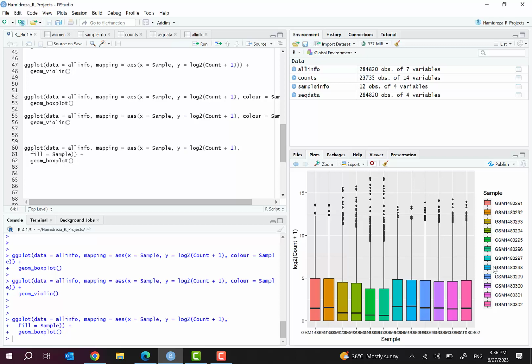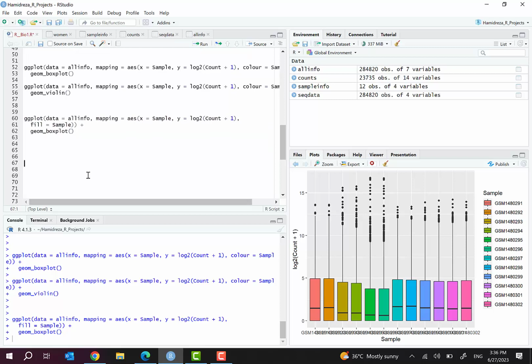Okay, so let me show you some other types of plots. We just introduced the box plot, but we can also have bar plots. Here we copy this. You remember that in the first item, the data, we had the AllInfo, and the mapping is the map of x and y, the method of visualization, x here samples and y. But when we use bar,